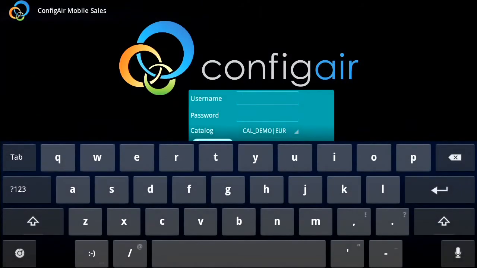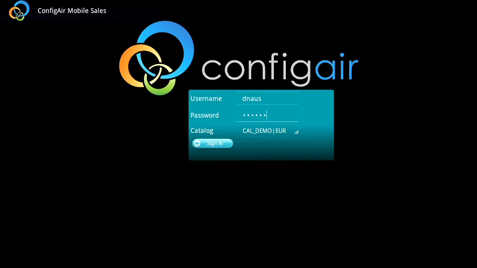The first thing I need to do the first time that I start it up is log in. And so I will do that. What this allows us to do is to connect to SAP. All of the backend logic for this demonstration is in SAP, and retrieve the appropriate product data that I, as a salesperson, am allowed to see. In this case, I can actually start with two catalogs. I'll stay with the first one